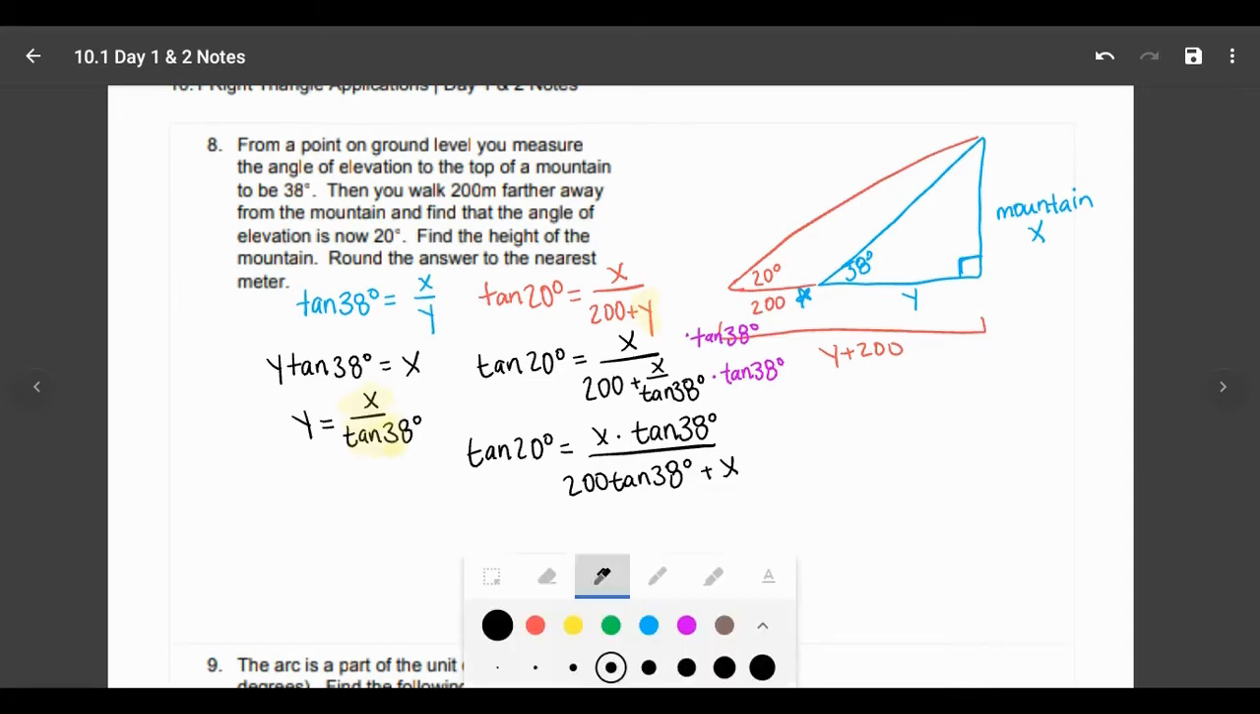Now I'm going to go ahead and I'm going to get rid of the fraction. So if I do that, I'm going to cross multiply both sides and also distribute at the same time. So I'm going to have tan of 20 times all of this in the bottom. So I end up getting 200